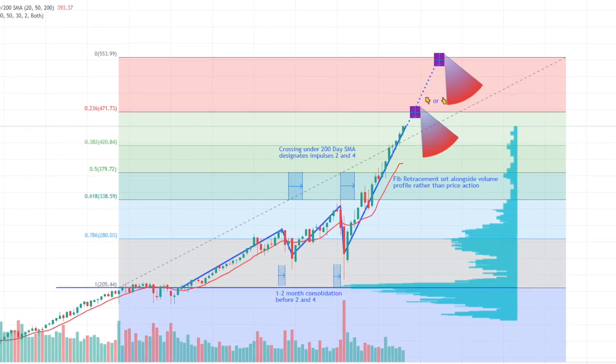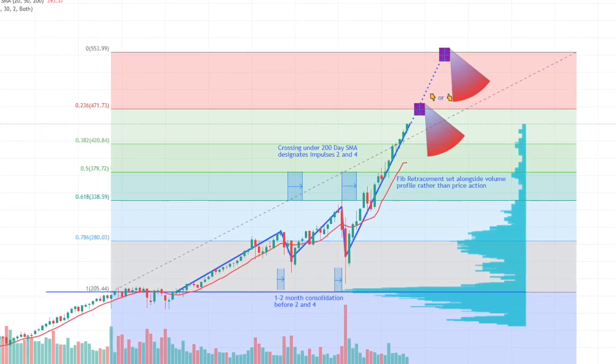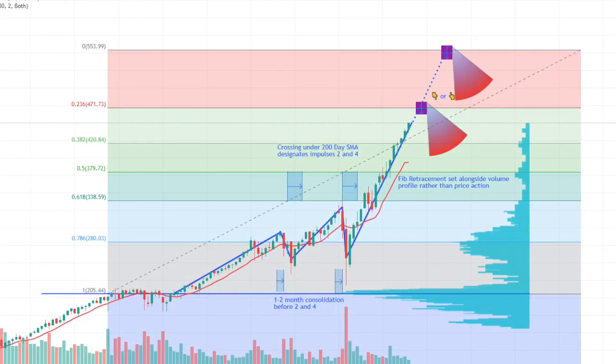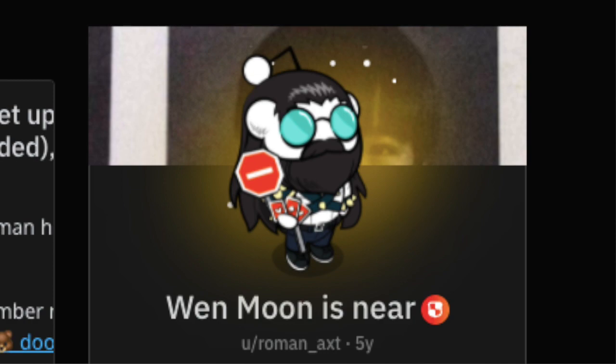All right, so we're actually going to go over a Reddit post I found on Wall Street Bets by a guy named Roman AXT called The Big Short 2.0, Why Bears May Soon Reconsider Sucking Their Paws in Hibernation and Climb Out of Their Caves. The technical analysis thesis built on the Elliott Wave principle, market cycles, Fibonacci, and moving averages applied to SPY, which